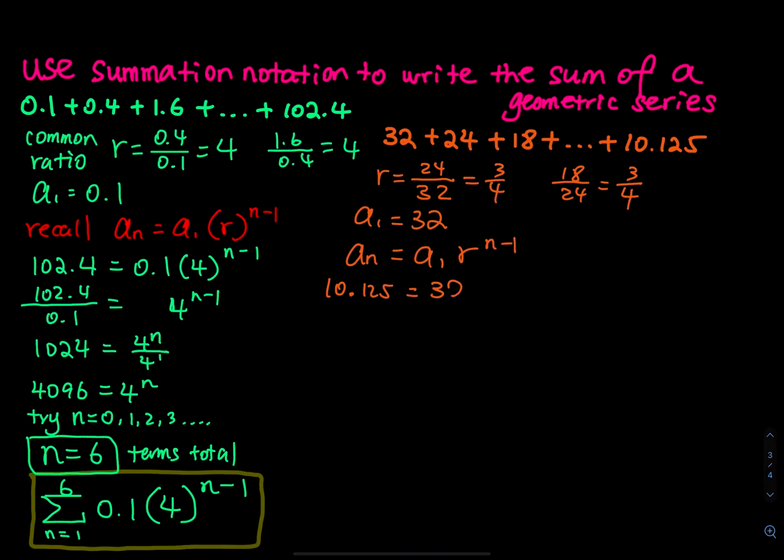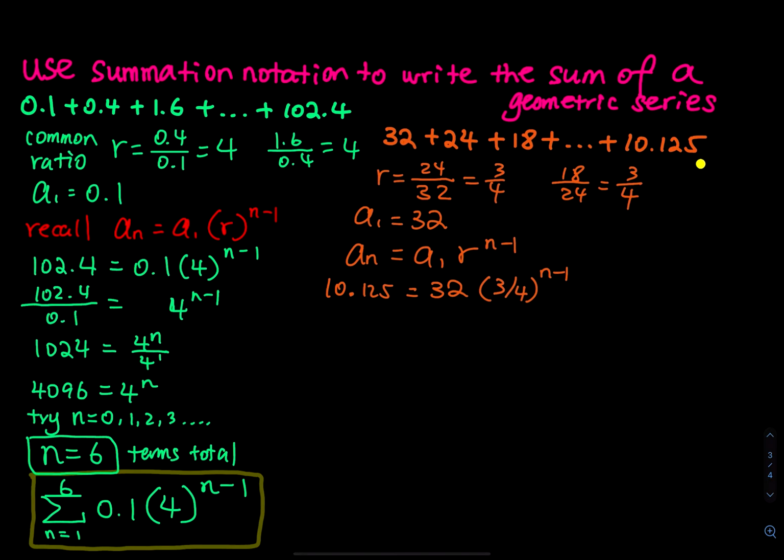a1 is equal to 32, and then r to the n minus 1. We know the common ratio. The common ratio is 3 over 4, and then you have n minus 1. All right, what does the n represent? The n represents that I have dot dot dot. I use dot dot dot to skip many terms, and I want to find out how many terms are in